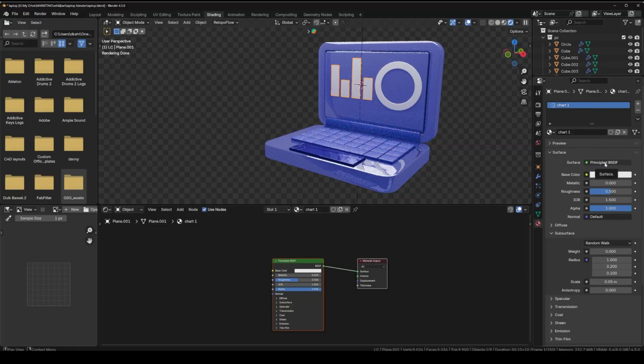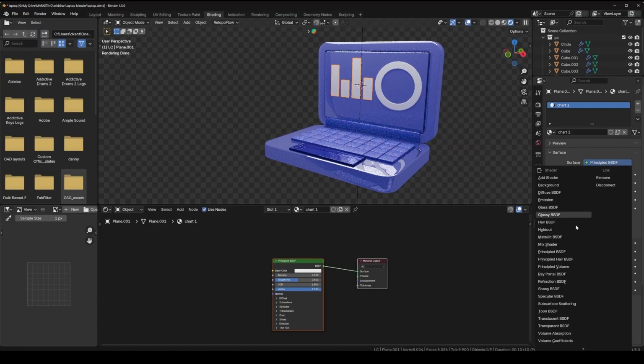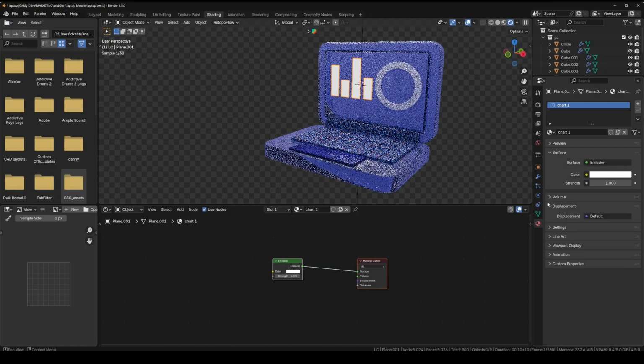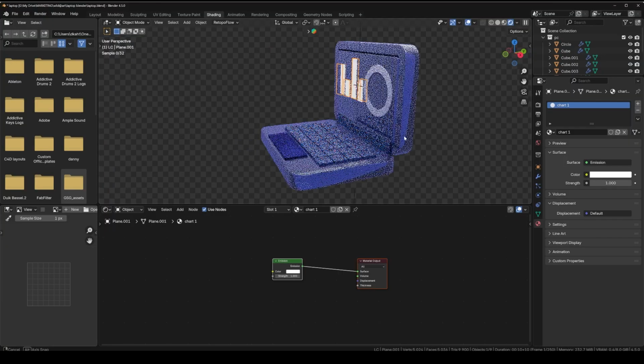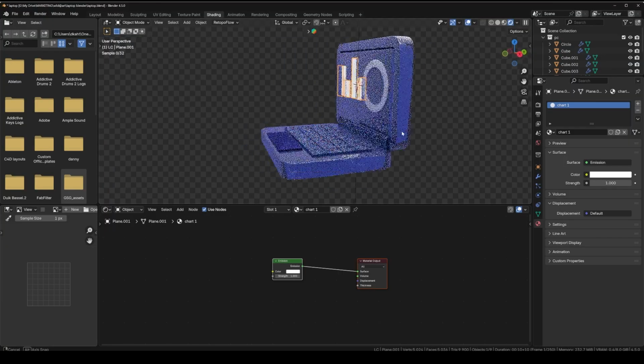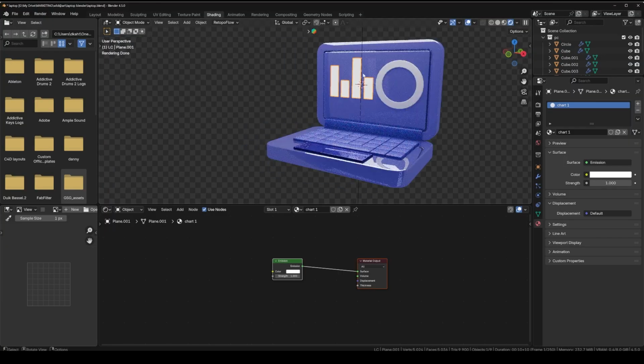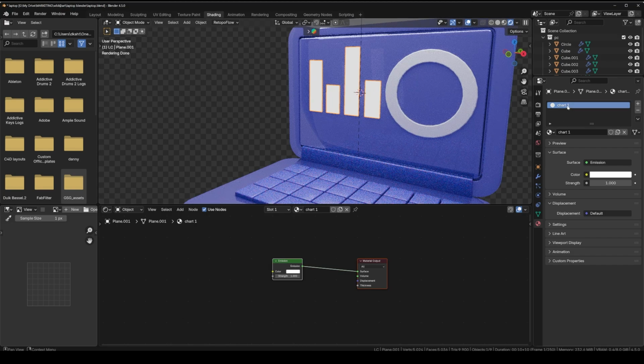And what I'm going to do here is where it says Principled BSDF, I'm going to change it to Emission. And the emission basically just emits the material. Okay. But now we've got a problem at the back here, but don't worry, we're going to fix that. So we've got this emission. I'm just going to duplicate this